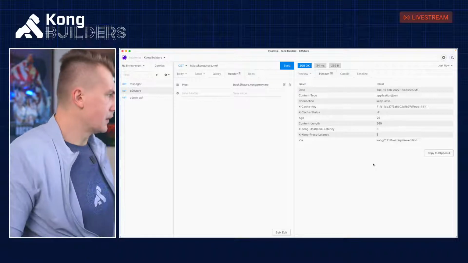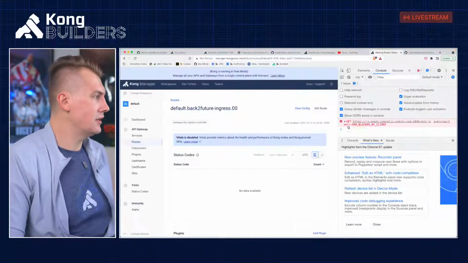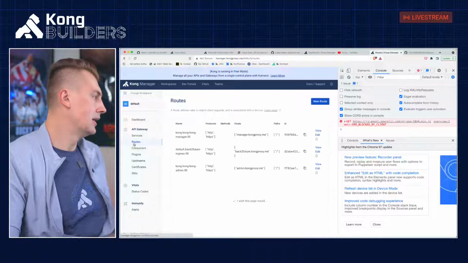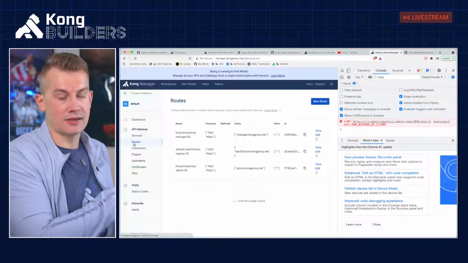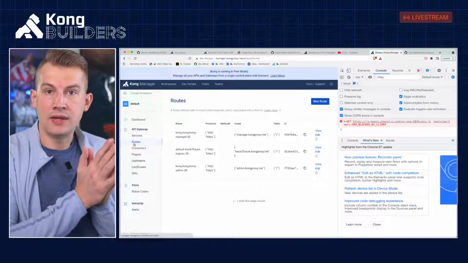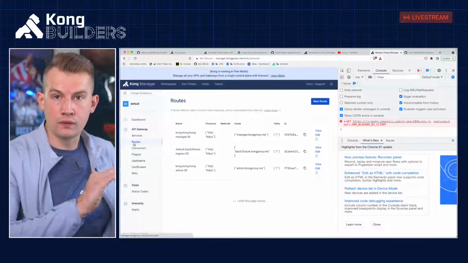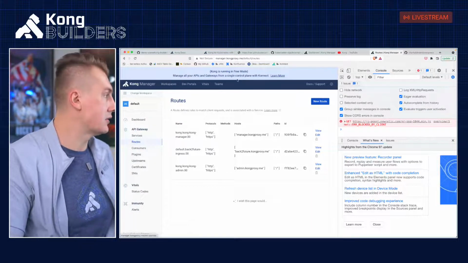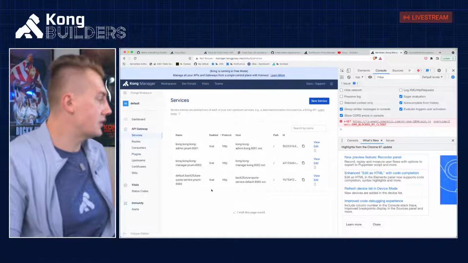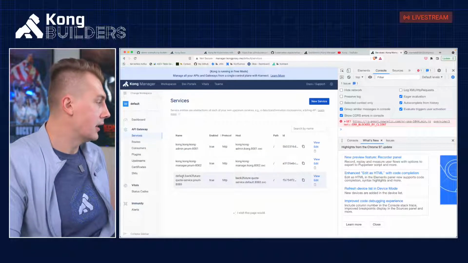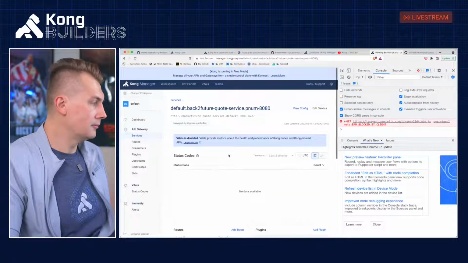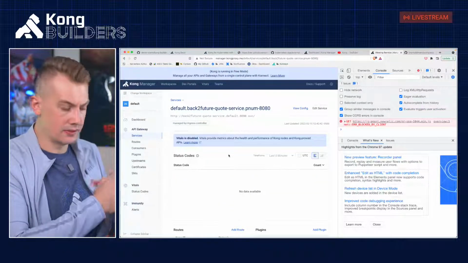So the next thing is that I really want to see this Vitals disabled message. What this message doesn't tell you is that you need to enable an enterprise feature. So everything at this point that I showed you, all things you can do for free. You're running this in the free mode. You can configure plugins, you can configure services, you can see all this stuff that is going on here. So there's my Back to the Future service, but there are no capabilities like Vitals.